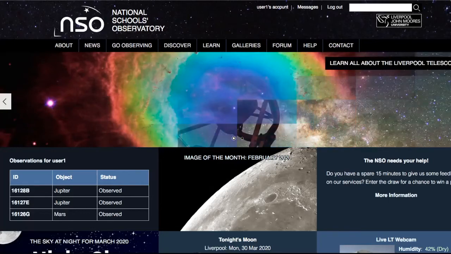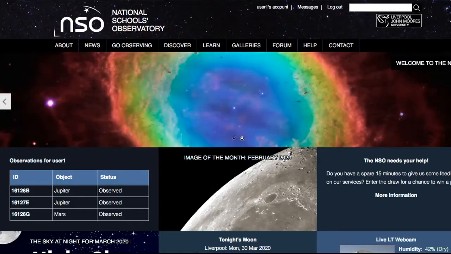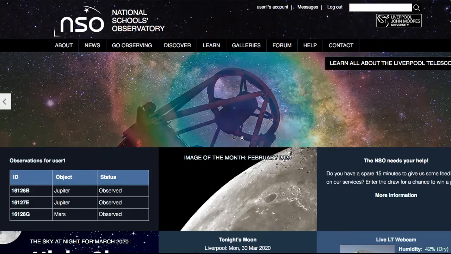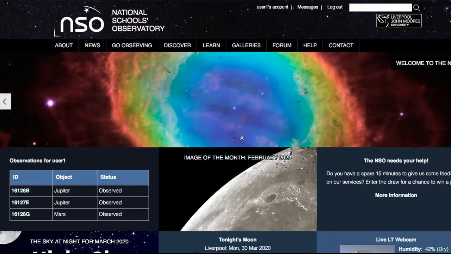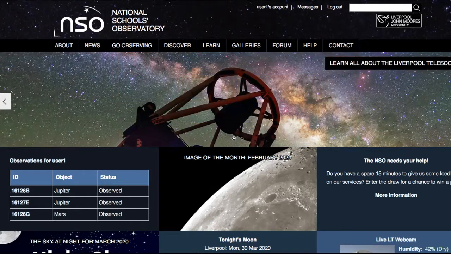Sometimes you don't want to wait until the telescope is able to take your observations for you. Maybe there's been some bad weather, or maybe you're just looking for some ideas. And so to help with that, as well as having the Go Observing system itself, we've also got a way where you can search through the archive of all the observations that have ever been taken by the National Schools